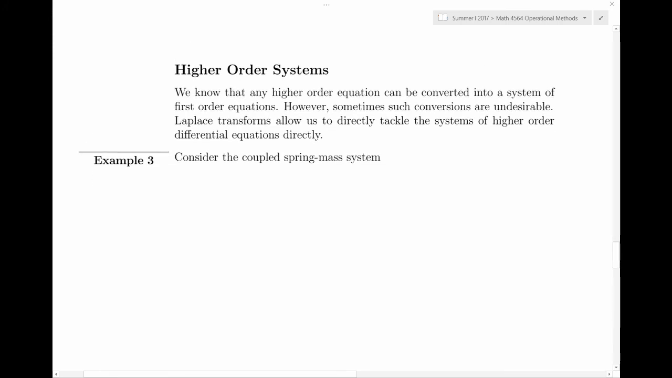Alright, you may remember in your differential equations class, you have been told that any higher order system of differential equations can ultimately be converted into a first order system, and therefore there is no need to study higher order systems. Nevertheless, Laplace transforms have an advantage that they can deal with higher order systems without converting them into first order systems. As an example, let's consider a coupled spring mass system, where on a frictionless surface,